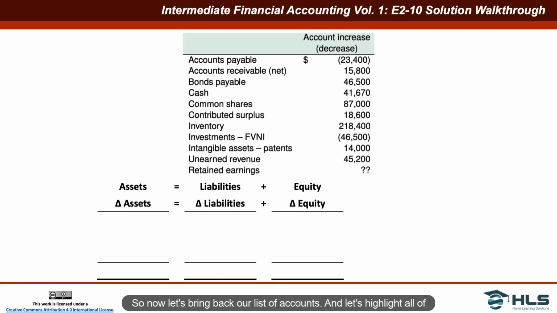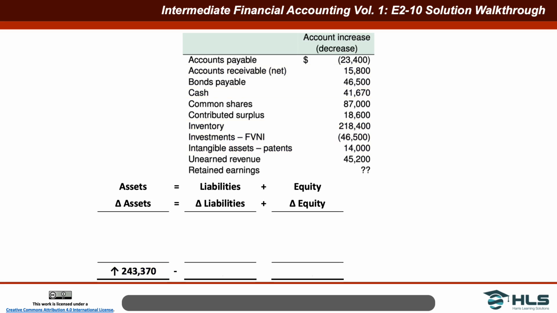So now let's bring back our list of accounts, and let's highlight all of the items that are considered to be assets. Working from top to bottom, we have net accounts receivable with an increase of $15,800. We have cash with a net increase of $41,670. We have inventory with an increase of $218,400. We have fair value through net income investments, which saw a decrease of $46,500. And then we have intangible assets or patents that had an increase of $14,000. When we net out the decrease against all the increases, we have a net increase in assets of